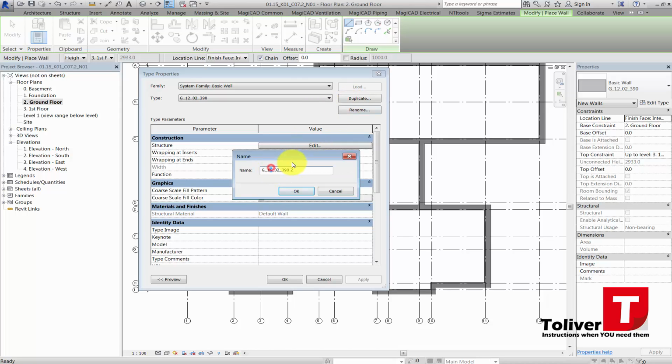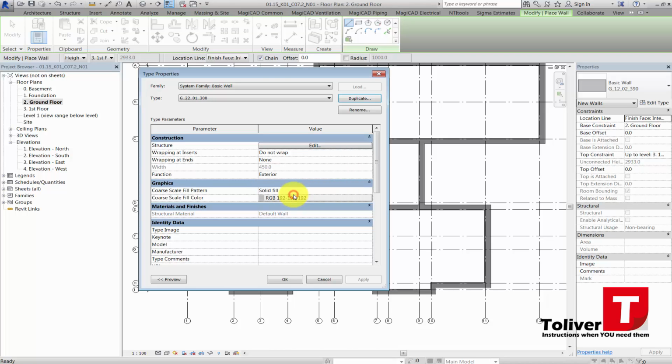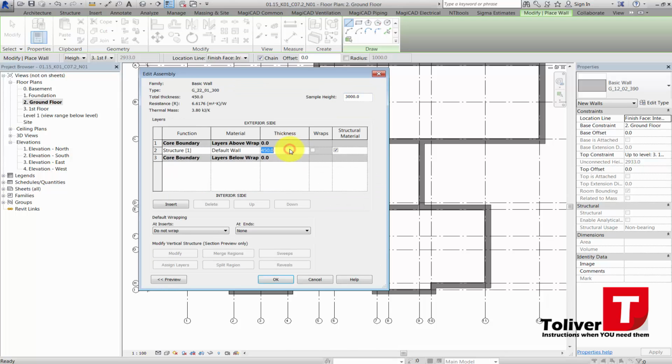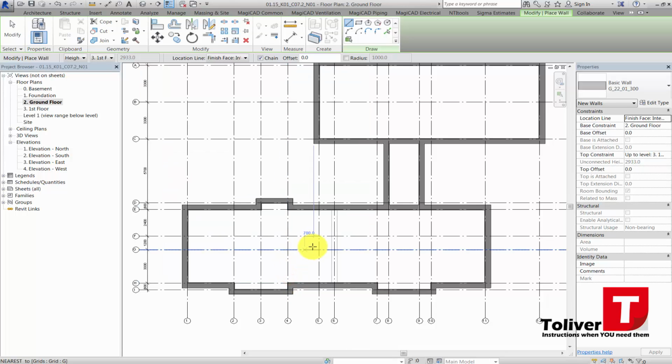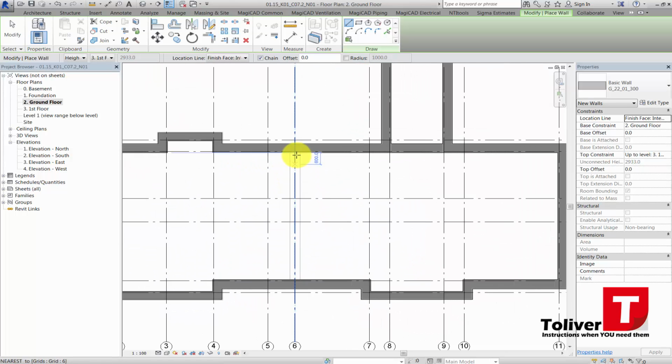I'm going to call this one 22 for the SFB number. I'm going to name it 01, and it's going to have a thickness. No, the first one is the thickness. It's going to be a 300, like that. Edit type, say 300. Okay. And the first one is actually this one. I want it to go from the ground floor up to the first floor. I want it to be wall center line,